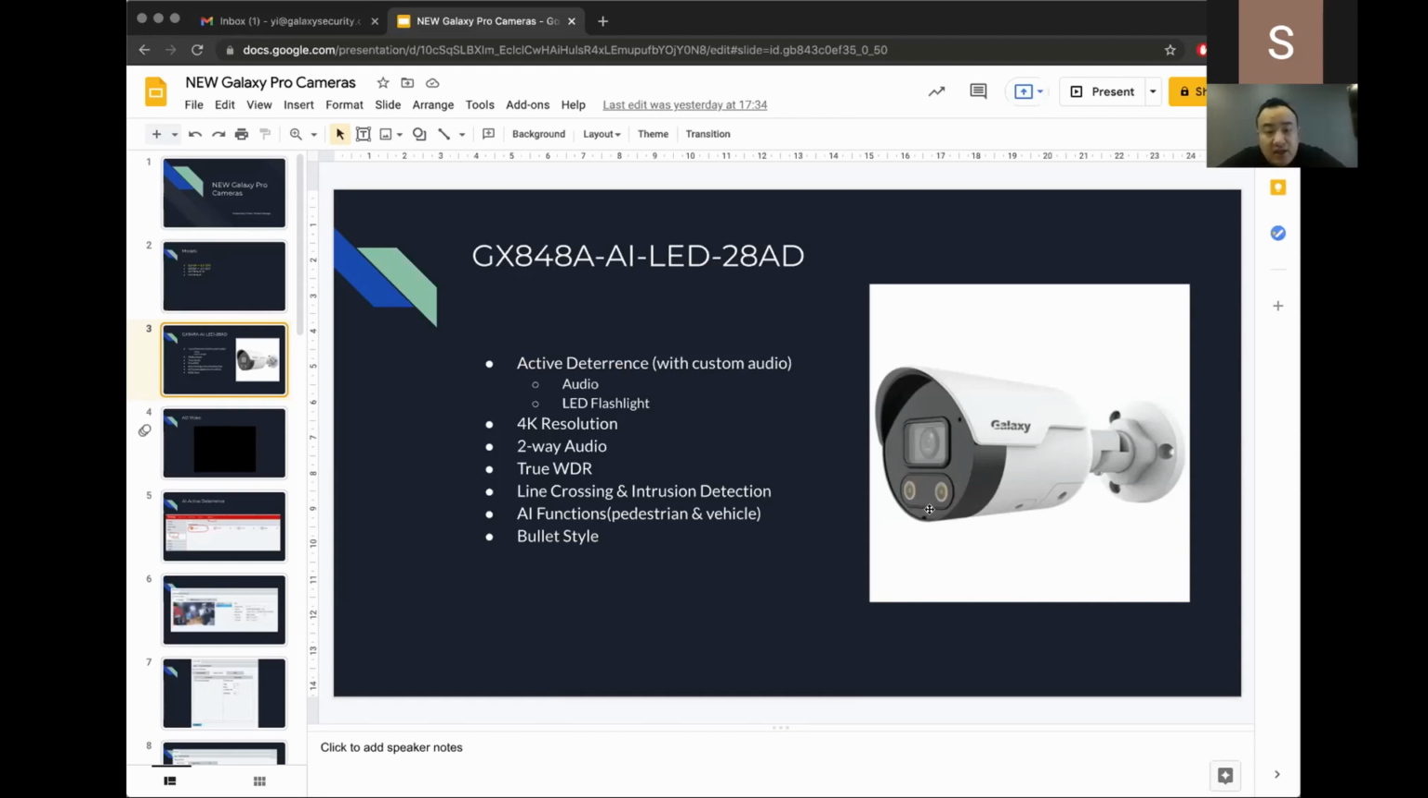So when it detects people, or when somebody triggers the alarm, you could use audio. It could play audio for warnings or notifications, asking them to leave, something like that. Or you can customize your own audio and upload it to the camera, and when somebody triggers the alarm, it's going to play that audio. And it is 4K resolution and has two-way audio,